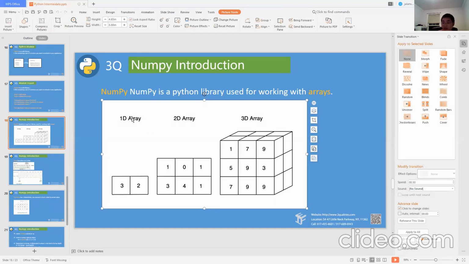A 1D array here, as you can see, is horizontal, right? Just like a list, right? 3, 2, that's called a 1D array. 1D array, one dimension array. Okay, D means dimension, D-I-M-E-N.